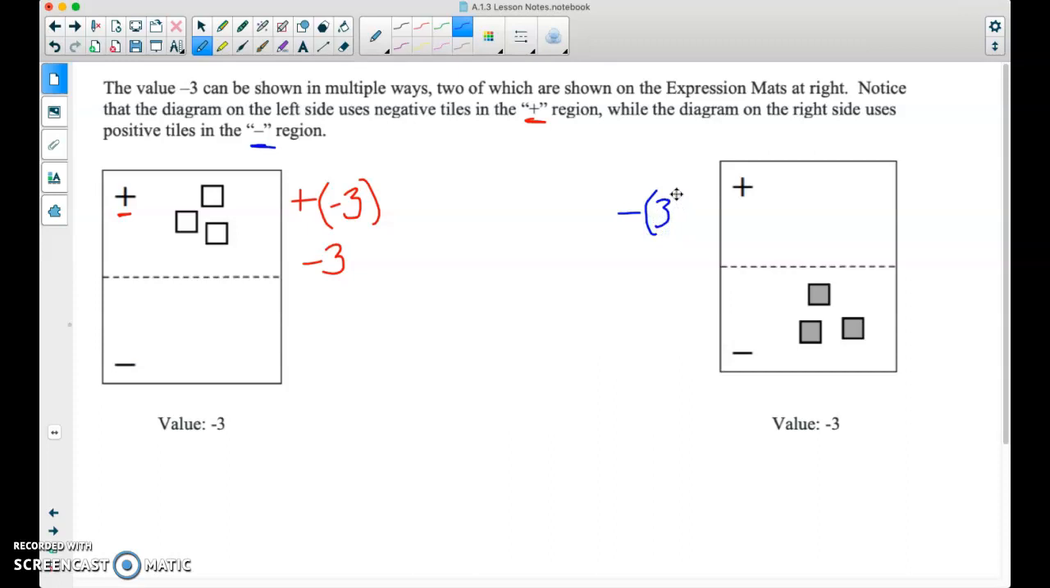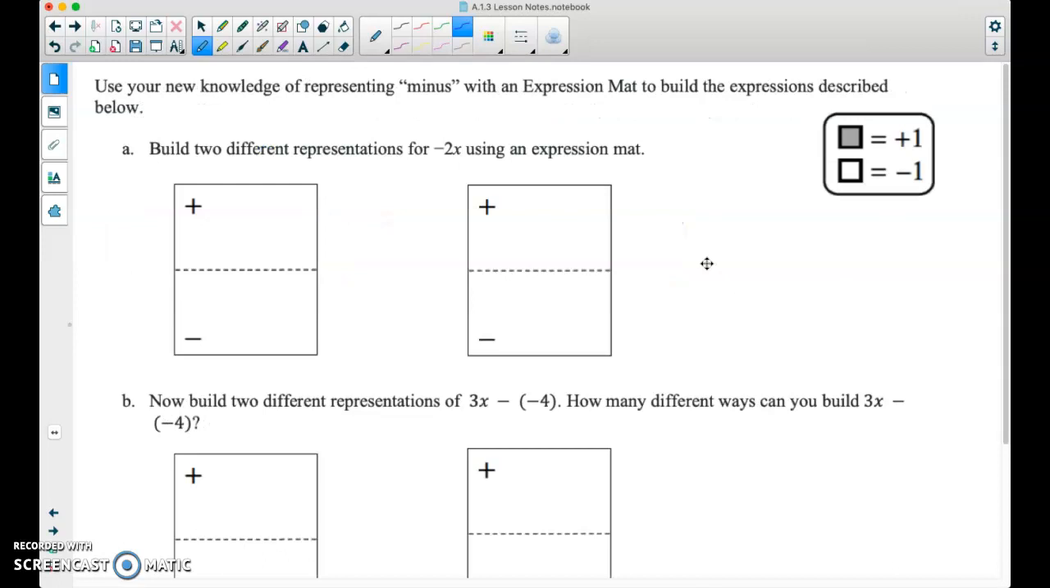So subtracting a positive 3 means that that is also a negative 3 over here. So now we're going to keep moving and looking at how to build expressions on these mats with some of our algebra tiles we've talked about in the past. So we're going to try to figure out how to use our minus to build the expression minus 2x on our expression mats. So we got our x tiles